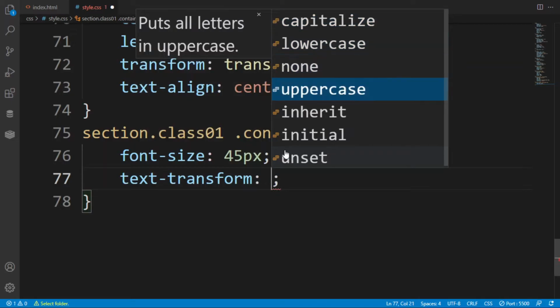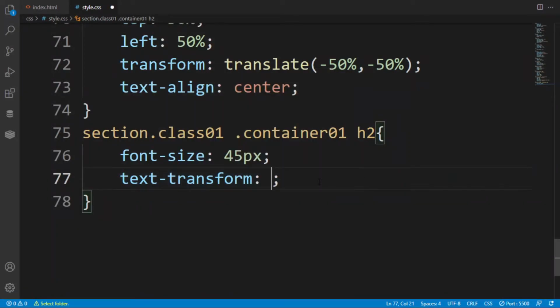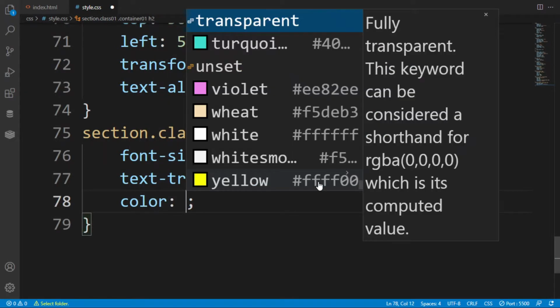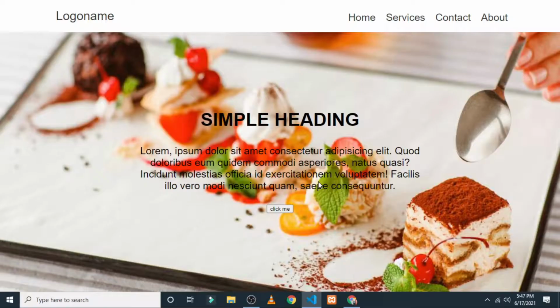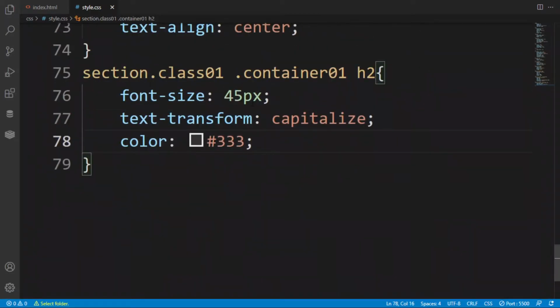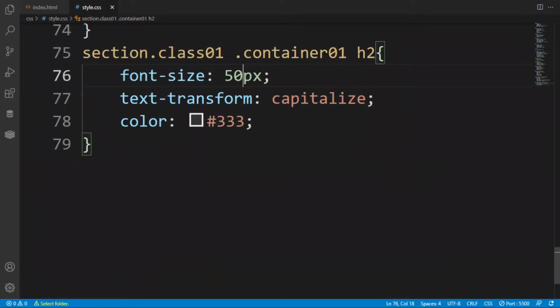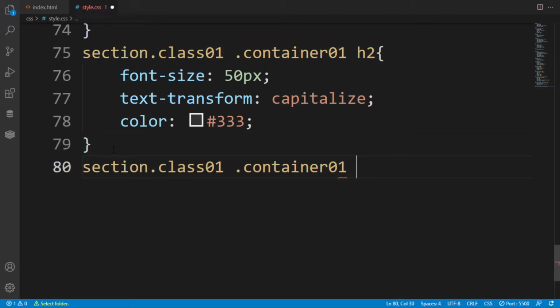Sorry for that. Here text transform is uppercase so that all the sentences will be in capitals, but it does not look good, so put the text transform to capitalize each word, and the color will become light gray, as you can see in the preview. Now we are going to align this paragraph. Let's turn it to 50 pixel. It will look pretty well. After that, copy this and paste it here, and we are going to style the paragraph.